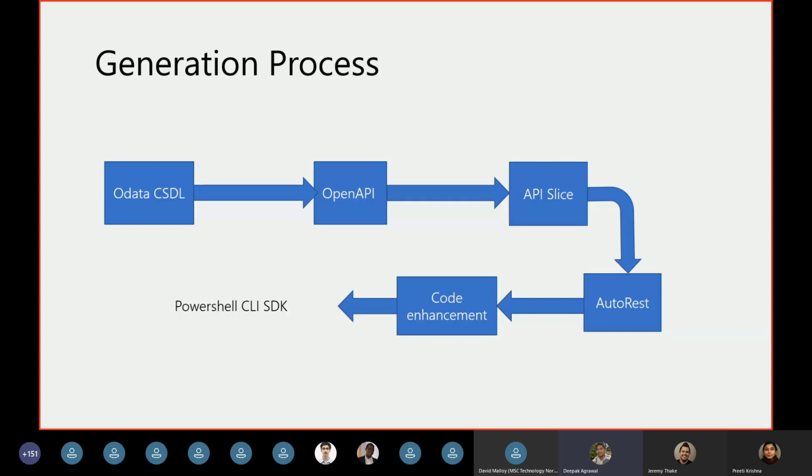So we are planning to convert this CSDL format specification into OpenAPI specification, and after that we have the tool to convert it, and we get one huge file with all the OpenAPI specification. We have written another tool to slice this one monolithic file into multiple modules so that